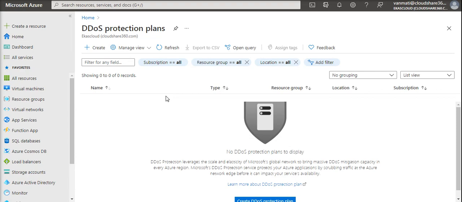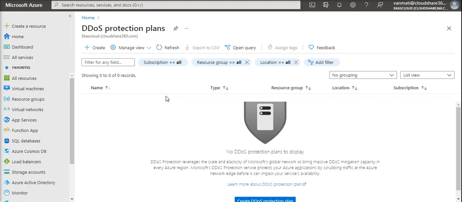Let us take a scenario in Azure where our web service is hosted on one of the Azure services, let's say Azure App Service. In front of Azure App Service there would be a DDoS protection service which would filter the malicious traffic out and let the legitimate users in. One of the best things about DDoS protection is the basic plan.